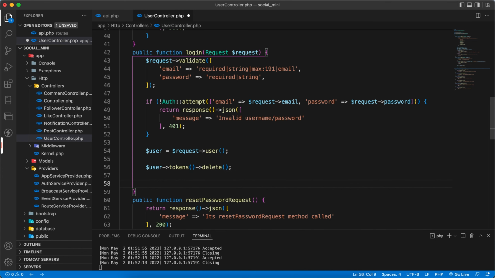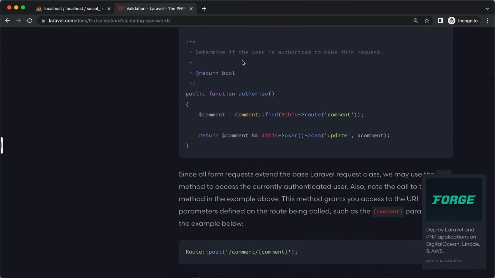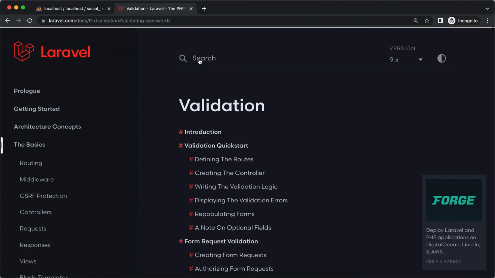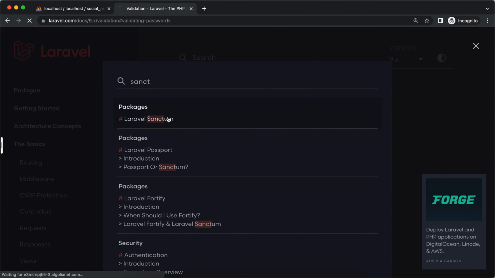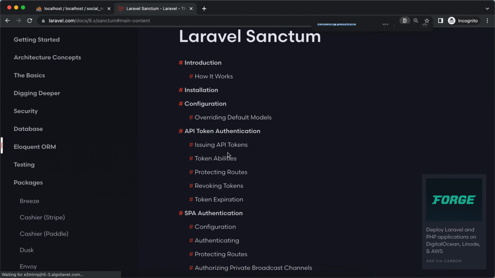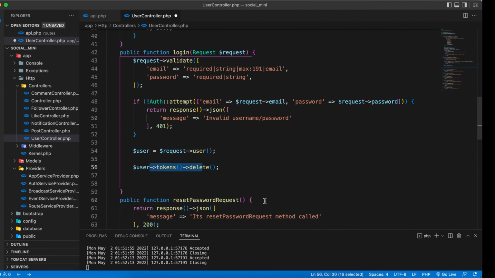And next, this is inside Sanctum. If we look here, and this way we can delete all the tokens. We can delete specific tokens also. Okay, next,